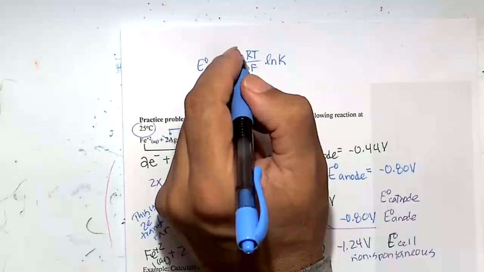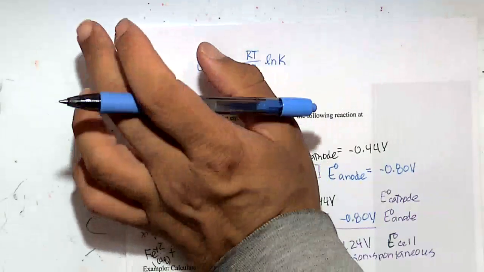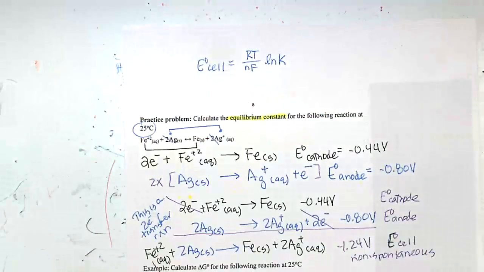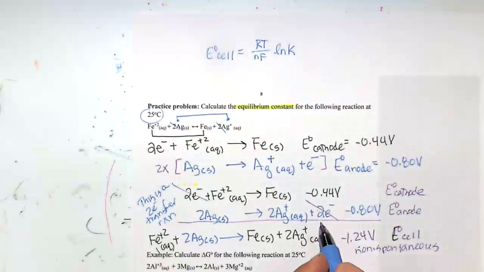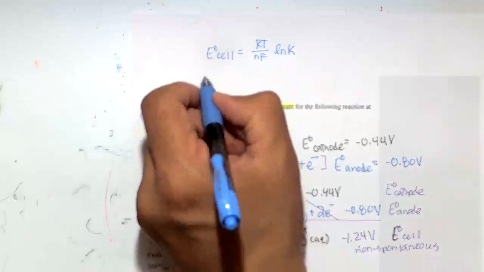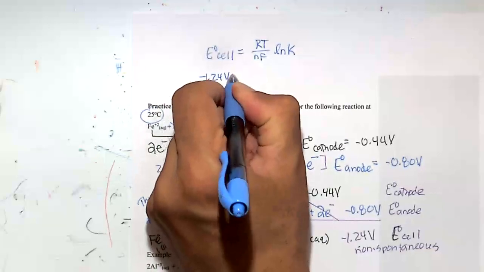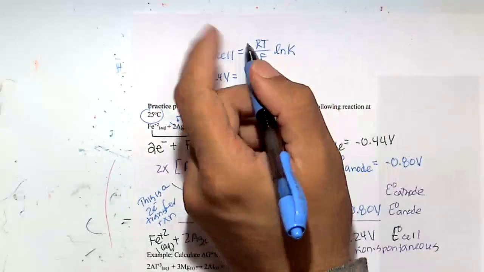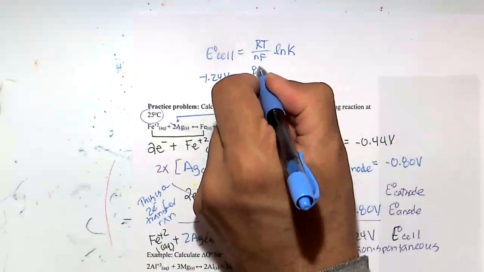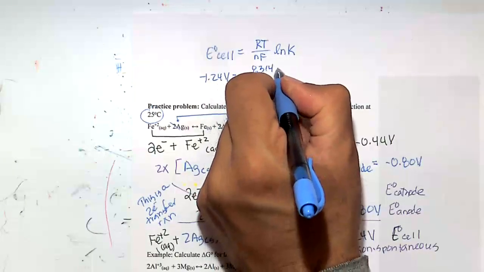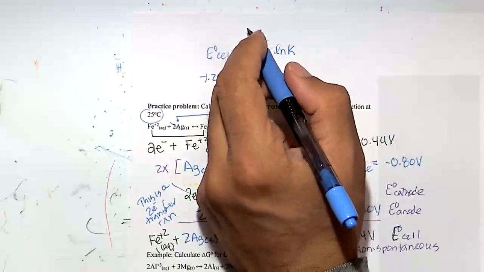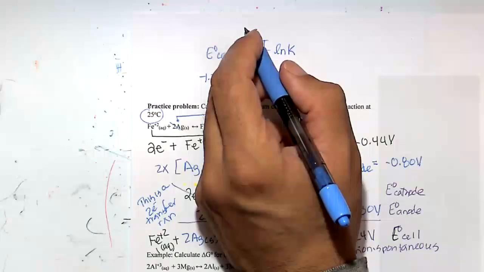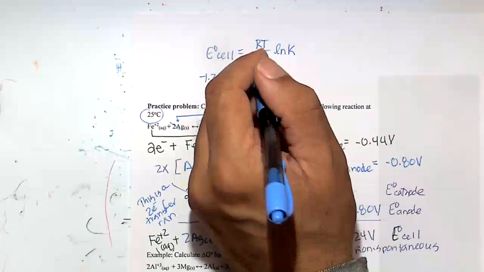Okay, we will use this equation and then we will solve for K. Right, what is E cell? Okay, it's minus 1.24 volts. R is, I'll give you R, it's 8.314 joules per mole Kelvin. Now K is unitless. That was a question on the exam. K has no units. So